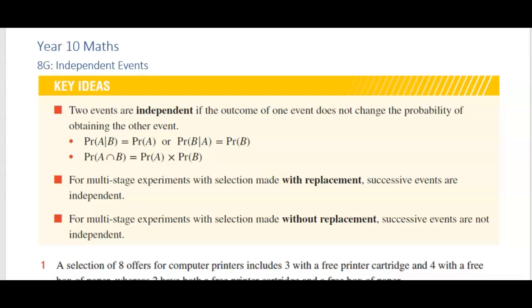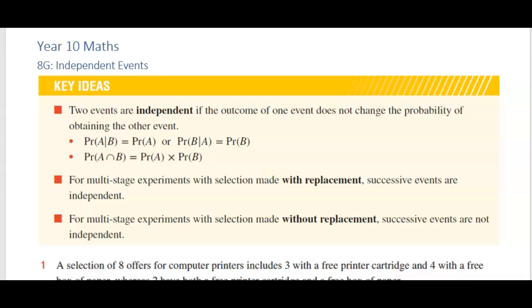Hi ladies, in this video we're looking at 8G independent events. So independent events kind of mean that the probability of one event does not affect the other. If you think of the word independent, it means they're independent of each other. It doesn't necessarily mean they're mutually exclusive. They're two different things, but independent just means the probability of one event does not influence the probability